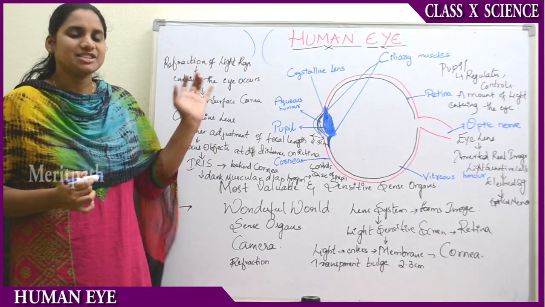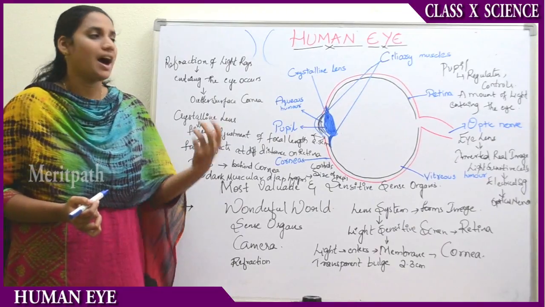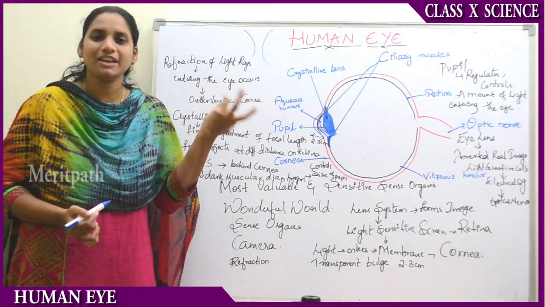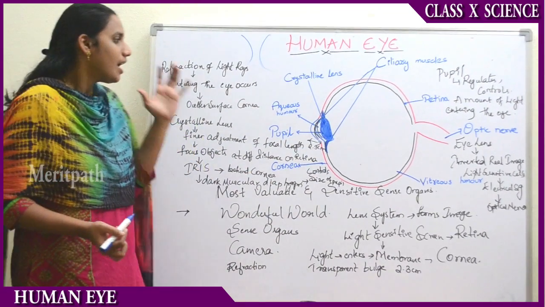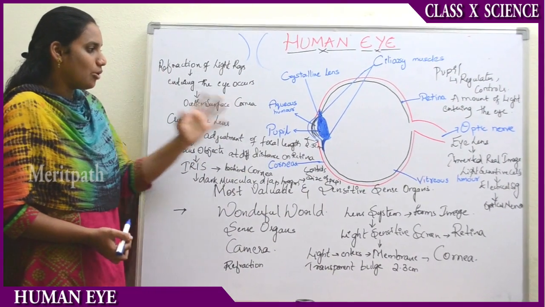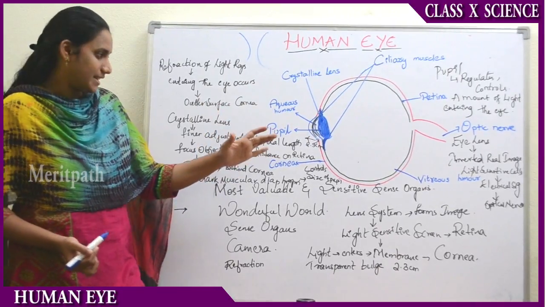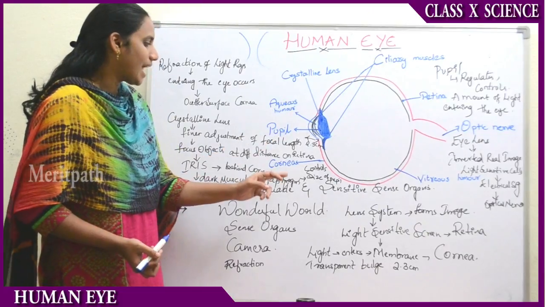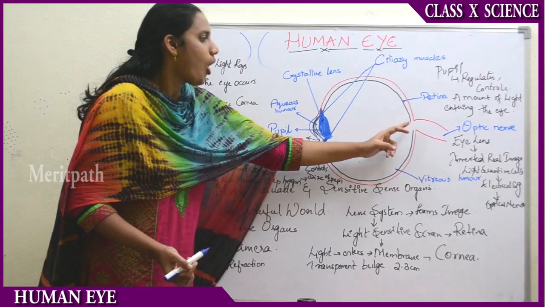So, by this we can say that the artificial lenses are reflecting the original ones, that is the God-made thing, which is spherical-like in structure. Now, let us see this eyeball, which is a spherical-like structure. It consists of 8 parts, that is pupil, aqueous humor and cornea, crystalline lens, ciliary muscles, retina, optic nerve